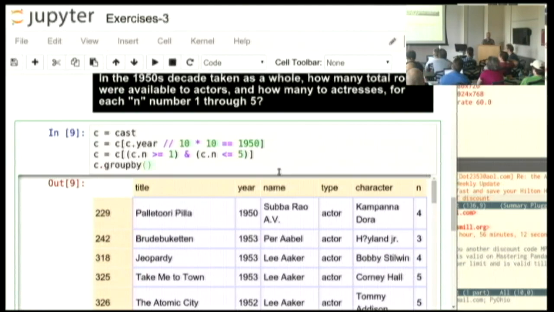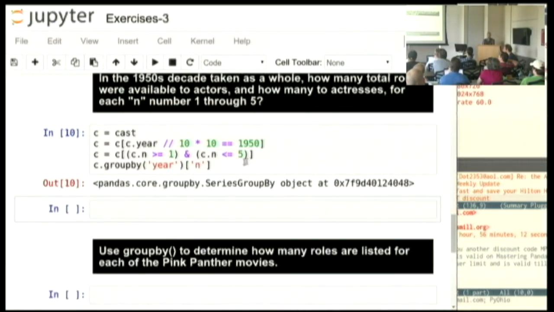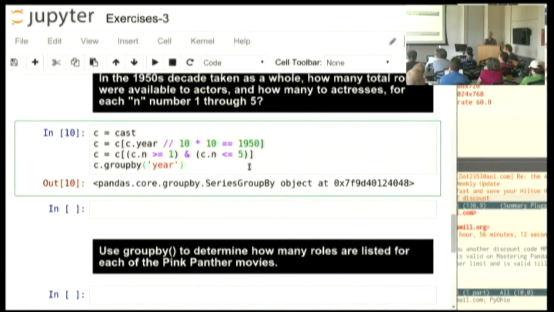There is this magic ability in pandas. You can say, get this whole data set and group by year. And then we'll just take the n column out of that. Oh, I'm sorry, you have to ask. Once you group by, it doesn't know, do you want the average of each group? Do you want the maximum or minimum value in each group? Do you want the mean? Because when I have a group of numbers, there are a lot of different ways of putting them together. So what you do here is I just want the size of each group. I just want how many fall into each group.